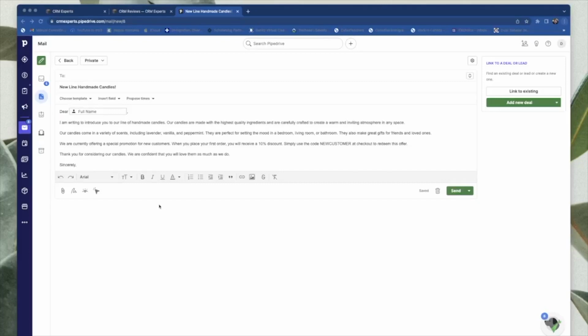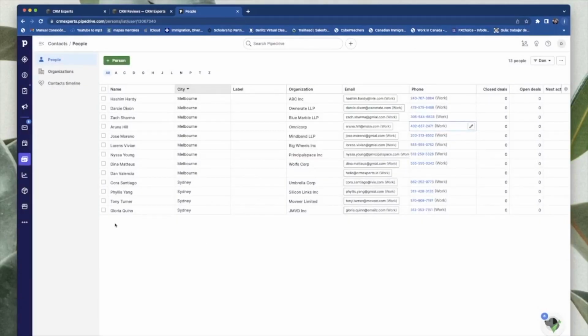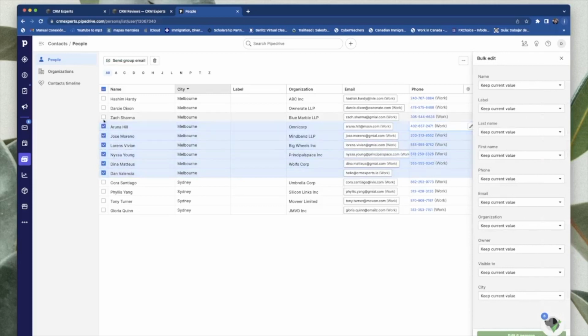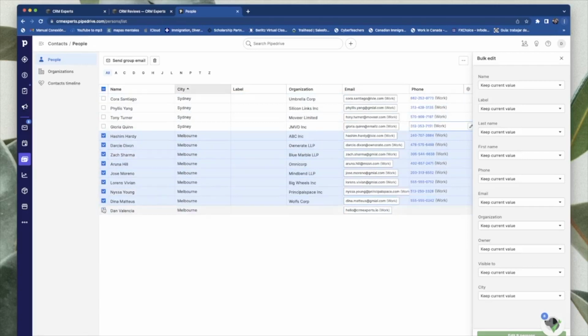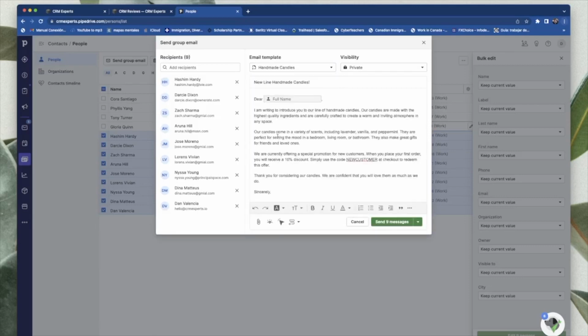Pretty straightforward. So I'm going to say that in this example we are going to send this only to people who live in Melbourne. So what we are going to do is head back to our contacts. Okay, so we click on the people that say Melbourne. Alright, once we have these people, all we have to do is send a group email, and then as you can see, it's telling us there is an email template that we can use. So simply let's go there, handmade candles, and as you can see, it gives a preview and it says Dear their full name. So what we're going to do is send the email out,